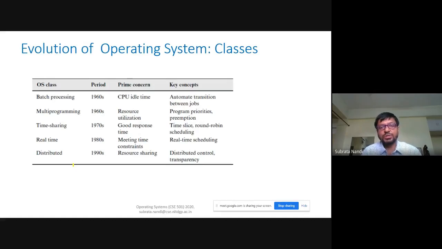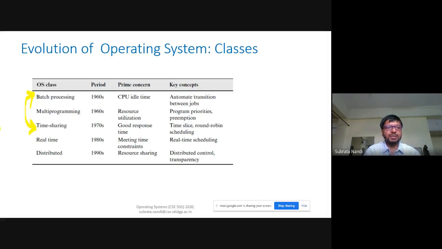So we'll talk about those, but most of the concepts that we'll be referring to in this course, which are the most fundamental concepts related to operating systems, are focused in these 3 operating systems. So the majority of the concepts evolved during that time,